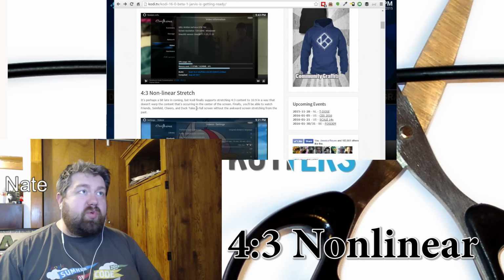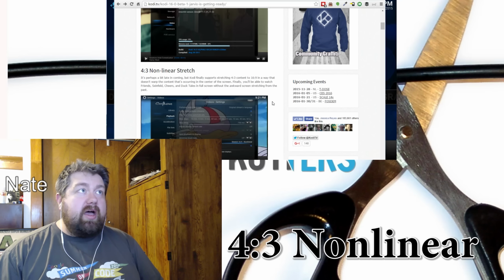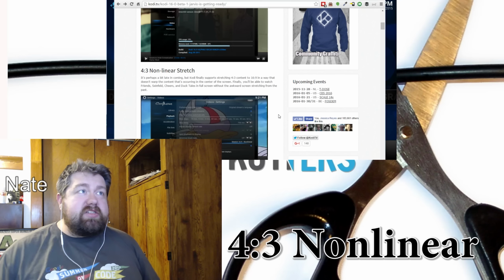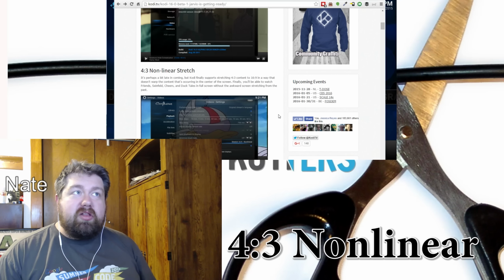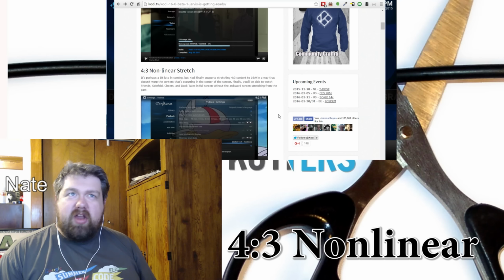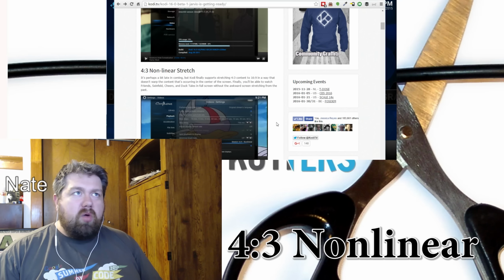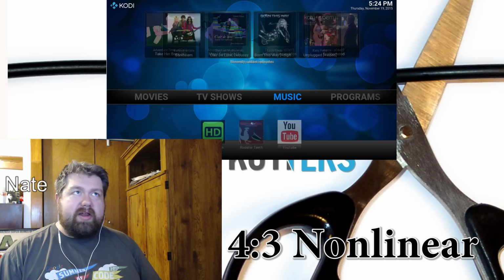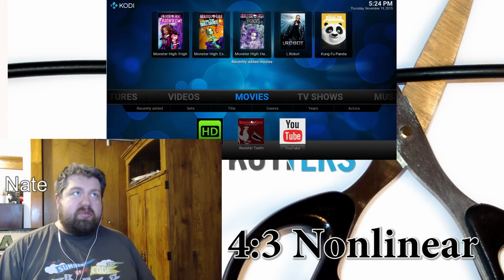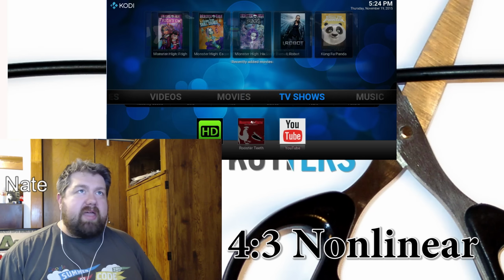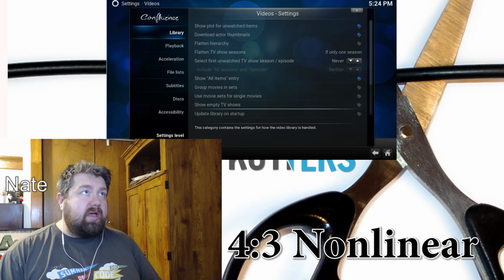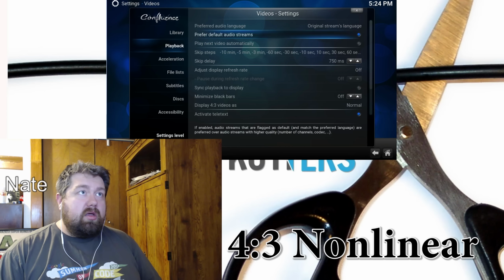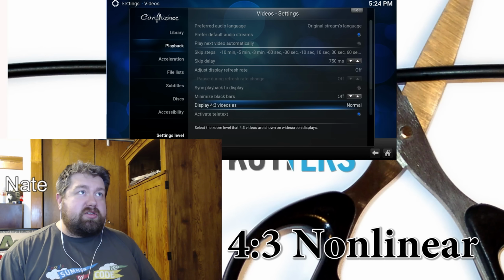4x3 nonlinear stretching. This is something that's been a popular way of stretching for a long time, and I'm frankly not sure why we never enabled it before this. Maybe we just didn't realize it was something people wanted. But to set this up, you start at the home screen, and then you go to System, Video, Playback. Let's see, and here's the setting